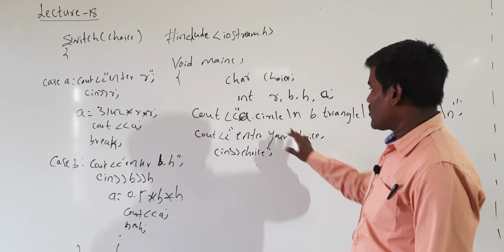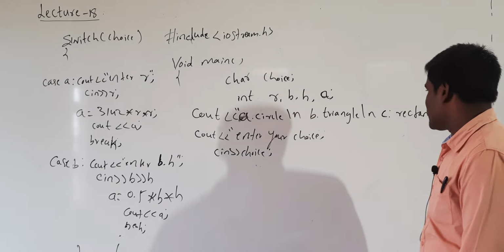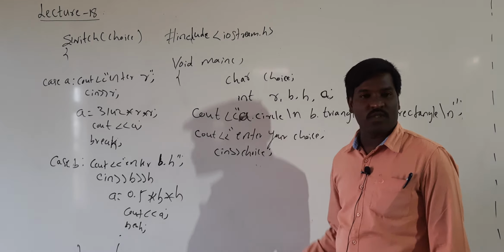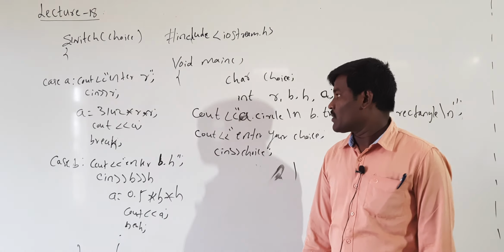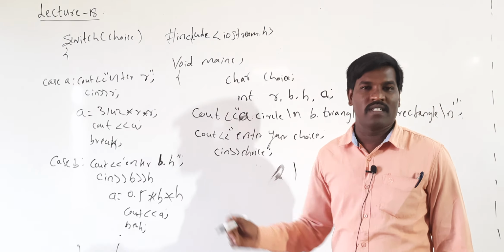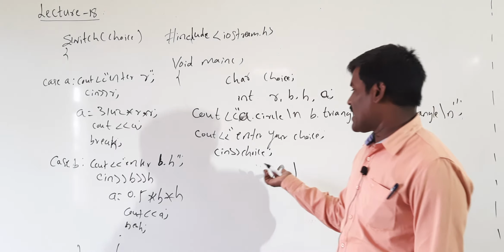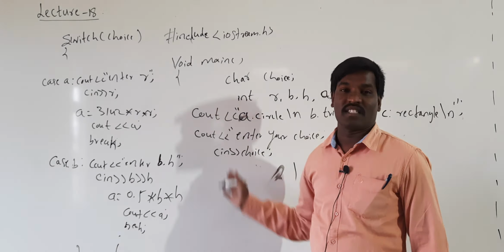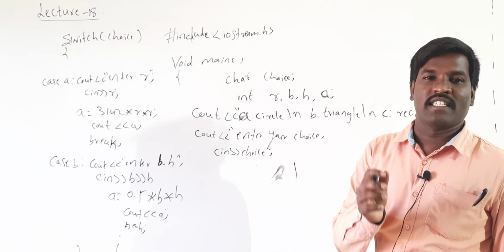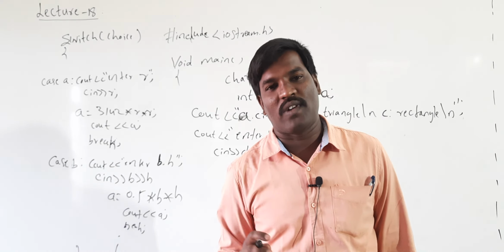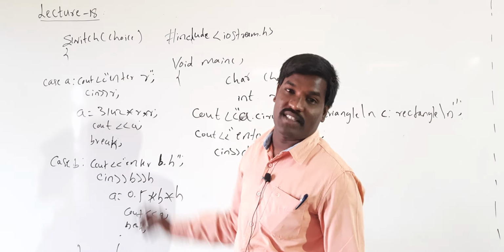Okay, see here there are three options A, B, C, circle, triangle, rectangle. Enter your choice. I have to enter 2. Now I have to enter 1. Okay, so in the previous program the inputs are common, so that's why I had to write the cout and cin outside the switch statement. But in this program each operation, each option has a different input value. That's why in the particular cases you have to write cout and cin.